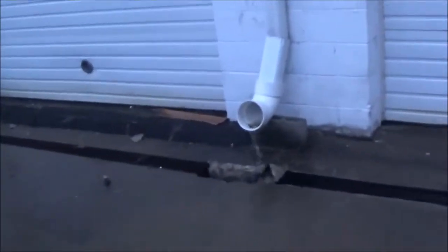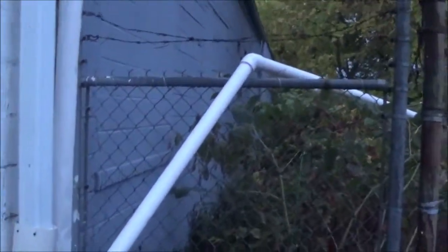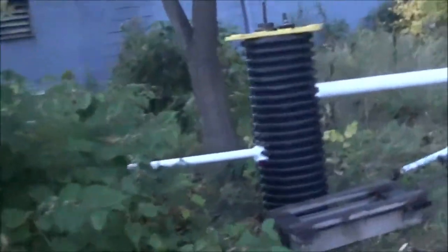And I was looking for a rain, and we got one. And it's running down into this sump pump basin, which y'all know about because we showed you. We got the pump that goes up here on a 2-inch pipe, and it runs down in the back right here. And I told you I was going to show you what I'm going to do with this extra